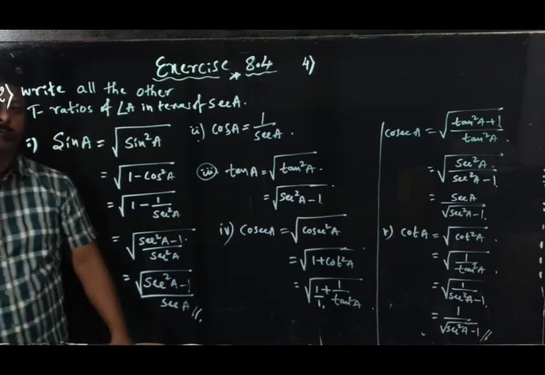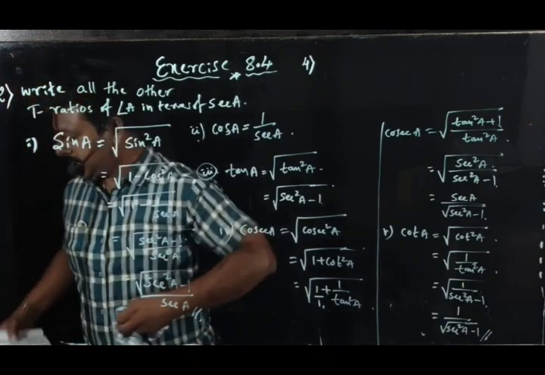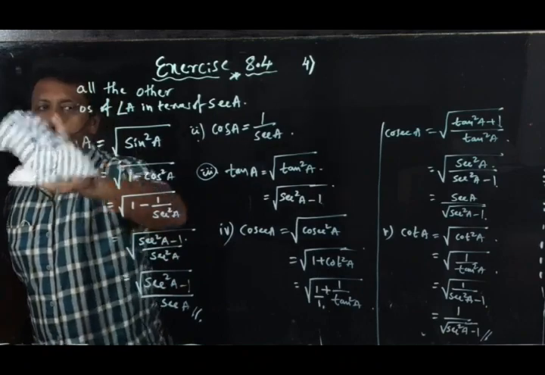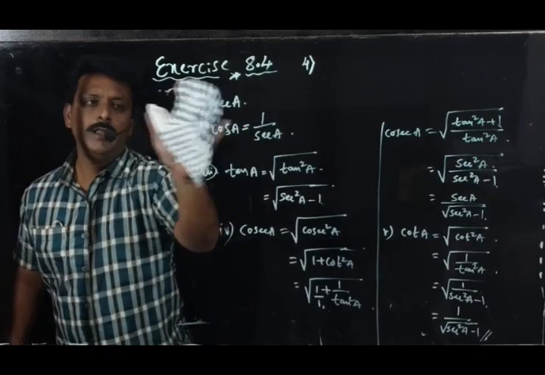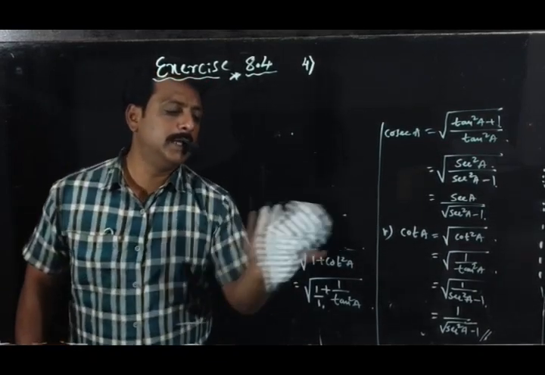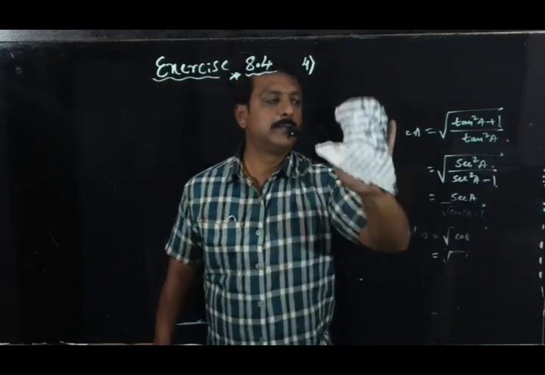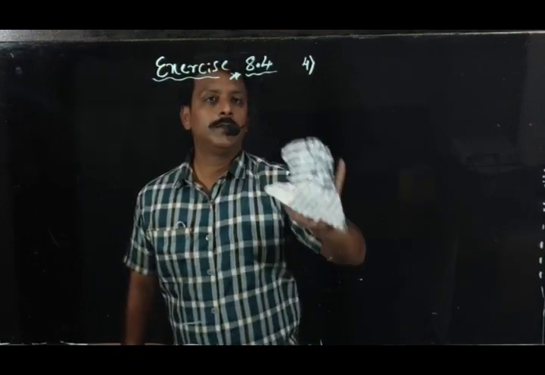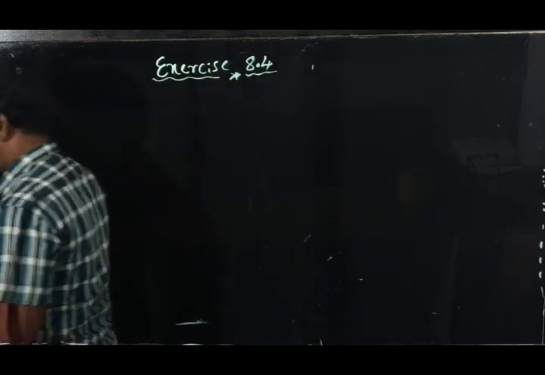Next, come to question number 3. All of you observe question number 3. This question number 3 is deleted from the board because it is related to complementary angles. As I said, complementary angles are deleted from the board. Therefore, in exercise 8.4, the third main question is deleted. Am I clear? In exercise 8.4, the third main question has 2 questions, and both are deleted.